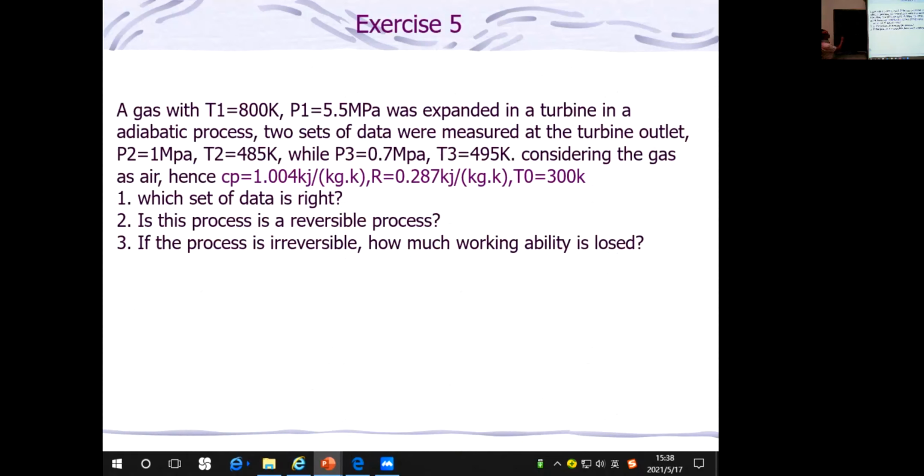T2 is 400 and T1 is 800, and then R is 287. P2 is 1, and P1 is 5.5. Yes. Okay. And then we can write it like this. Then it is equal to